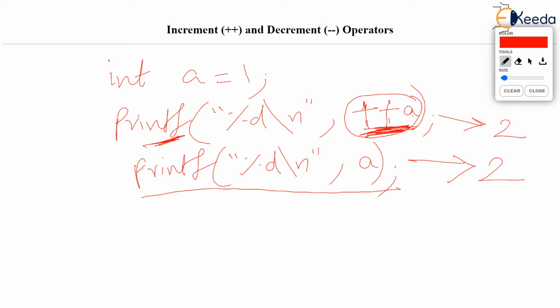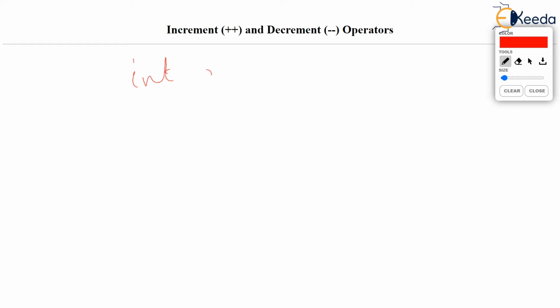Let's see more examples on this. Now this is going to be very interesting. Let's say that I have got a few variables like this. Int a equal to, let's say, 1, comma, b equal to 2. Two variables I have got. a is 1, b is 2.